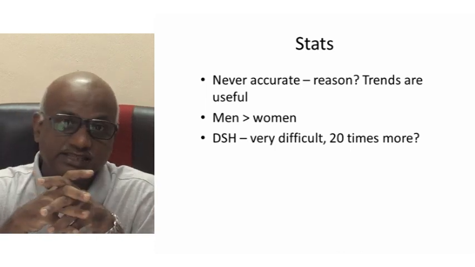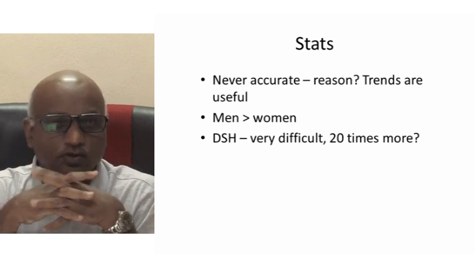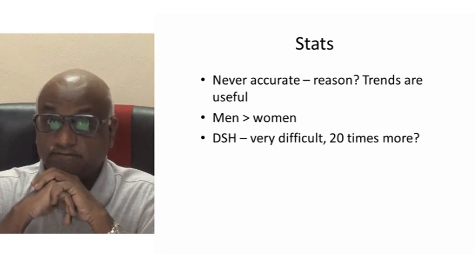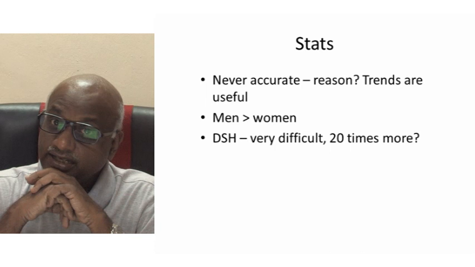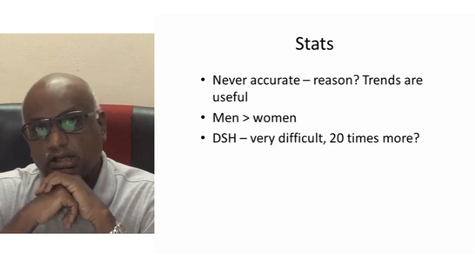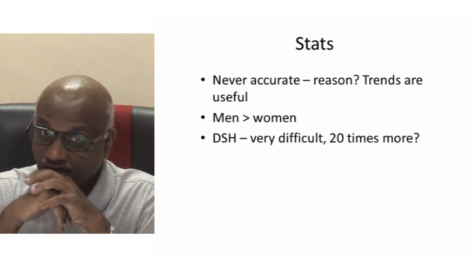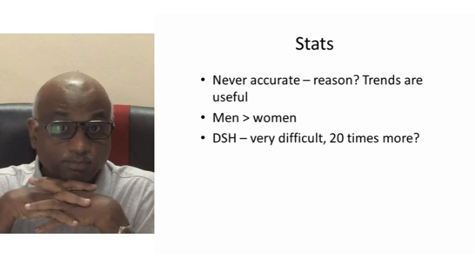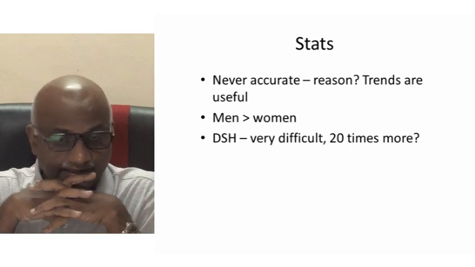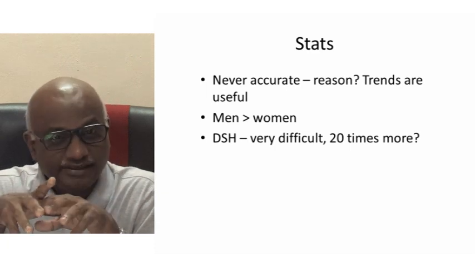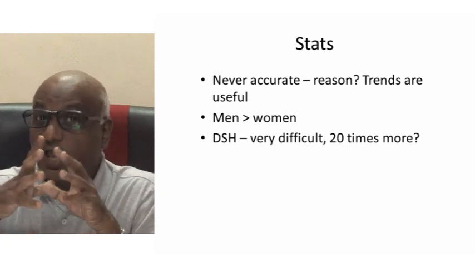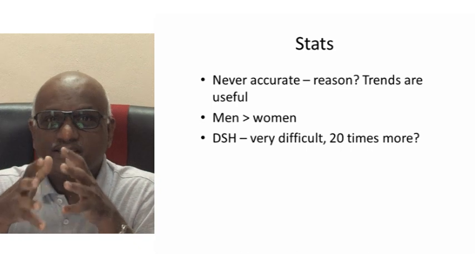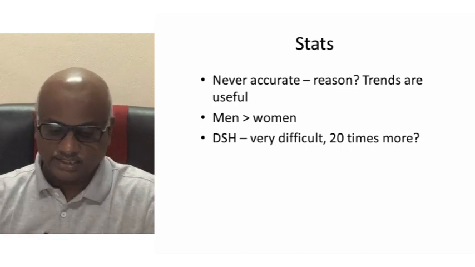Though the exact rate of suicide is not available, trends in suicide, environmental factors and other factors that influence the trend can be a useful guide. As we saw earlier, men commit suicide more than women, and deliberate self-harm is even harder to study because many cases will not end up in hospital. For example, somebody who takes 5 or 6 paracetamol tablets may not come to hospital at all. Then how do we count it? Community surveys again are very difficult because nobody wants to accept that they have attempted suicide. But we can assume it's at least about 20 times more common than suicide.